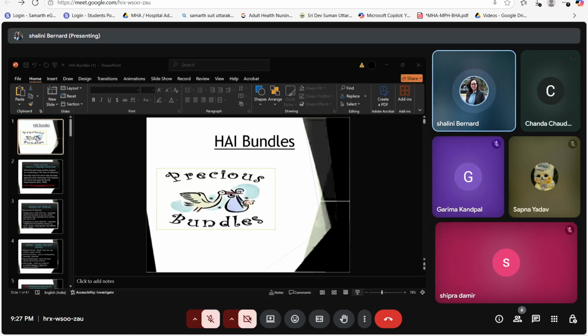So central line dressing, what is recommended? It is a transparent, semi-permeable dressing. Transparent because we can easily observe the site. Semi-permeable because our skin is always sweating, so it evaporates the sweat. These dressings are reliable to secure the site, permit continuous visual inspection, permit the patient to bathe without soaking the dressing, and require less frequent change. So this is a good way to secure the central line.